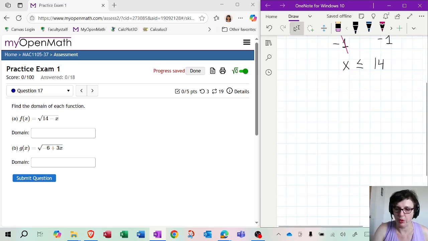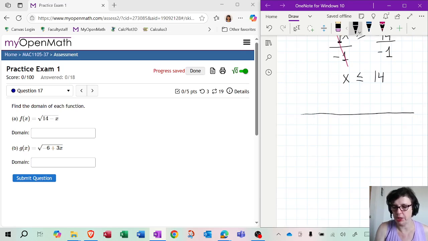Okay, so how do I draw this and how do I express this inequality in interval notation? Imagine that there is 14 somewhere there, and there is -infinity on this side, and then +infinity on the other side. Now this sign is less than or equal to 14. So that means we should be shading to the left of 14. And then we also need to understand, is 14 included? Well, that depends on whether the inequality is strict or not. Strict means it's just less than, not less than or equal to. So because it's not strict, that means that 14 will be a solid dot. So we're going to have to fill it because 14 itself is included.